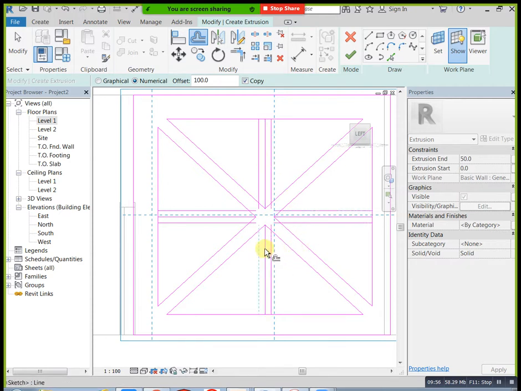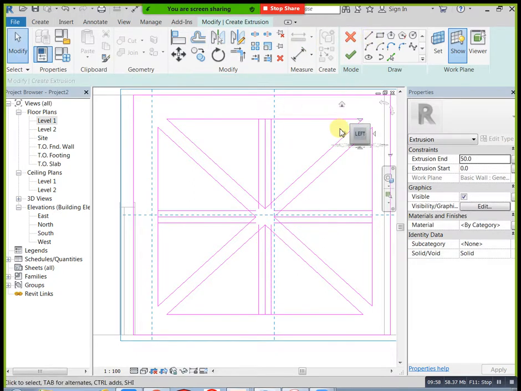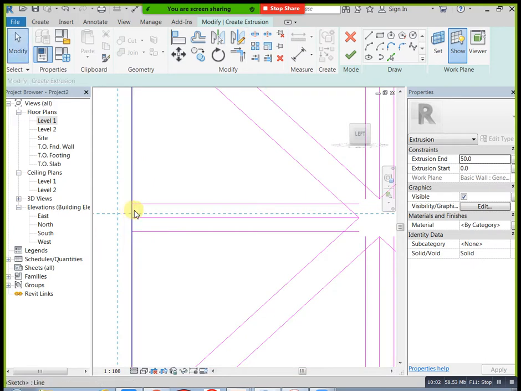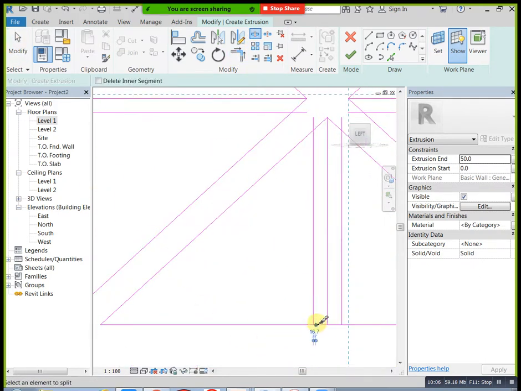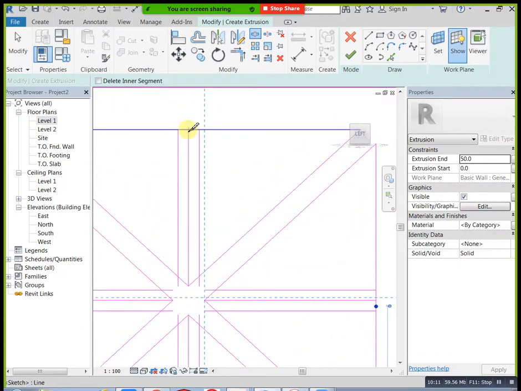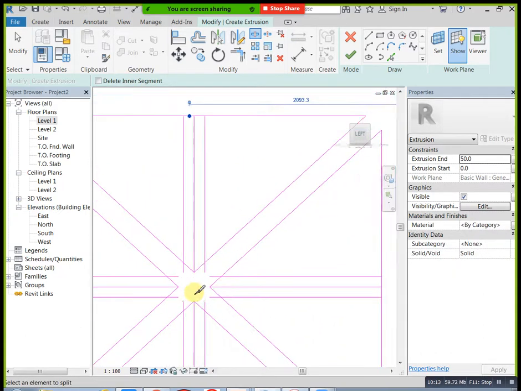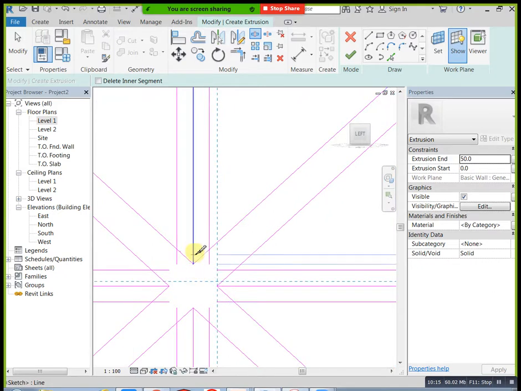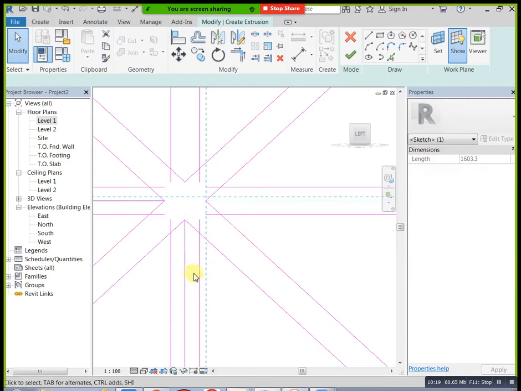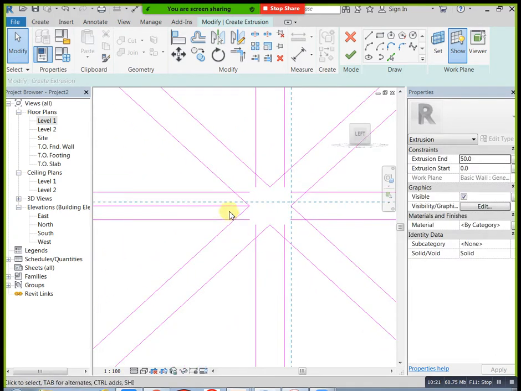Now you can apply split, here one, here one, here one, here one. At the same time, if you need it here, you can apply, or otherwise you can divide this one. Just delete these 4 lines. Now you can apply this one, same.